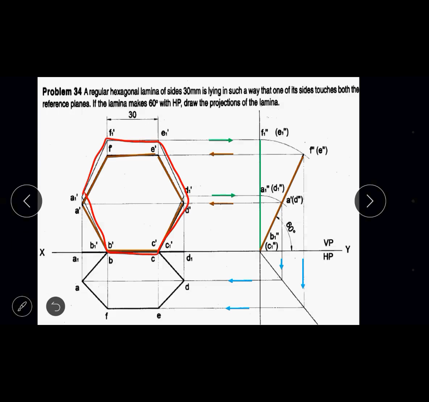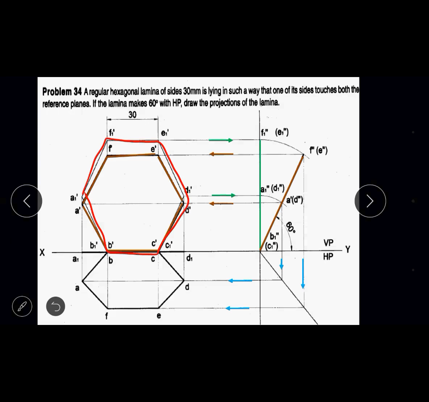Then another one more hexagonal lamina you find it, which I have shown with brown color. Another lamina you find it within red color. So that brown color lamina is irregular lamina. It is tilted lamina. It is not a regular lamina. So you can see that. So two types of laminas. Front view in the form of two types of laminas, that is regular hexagonal lamina and irregular hexagonal lamina.